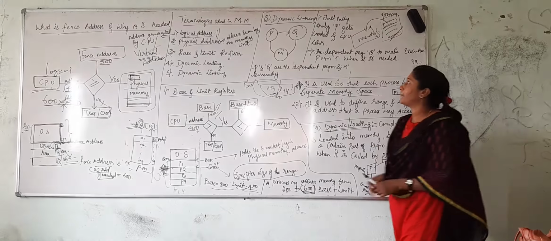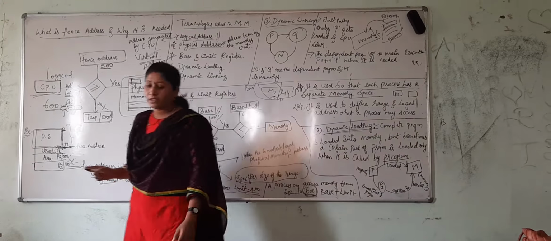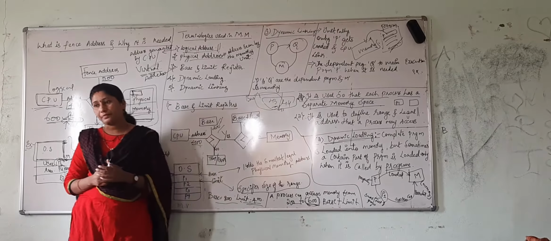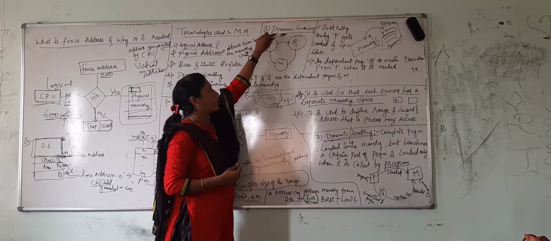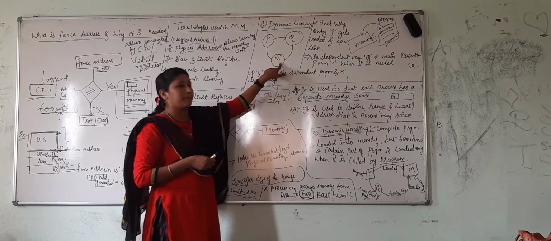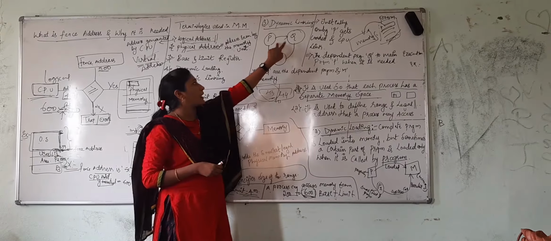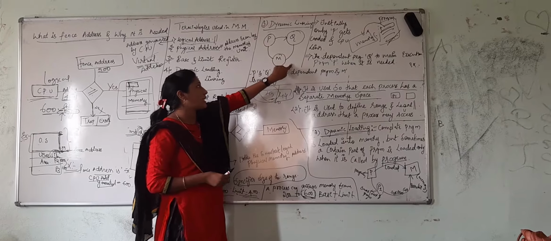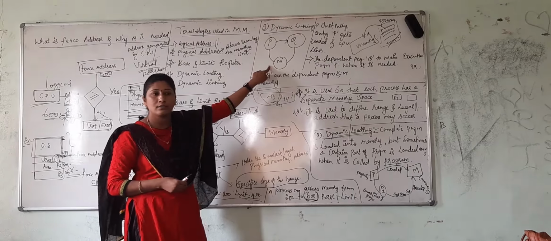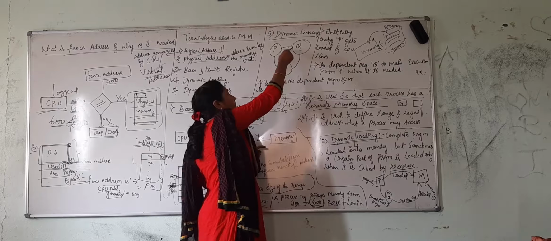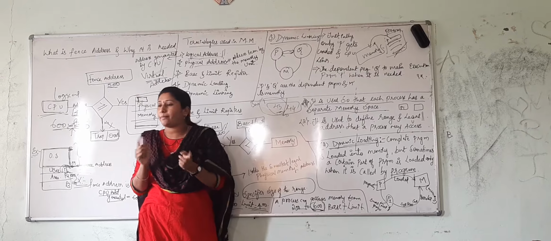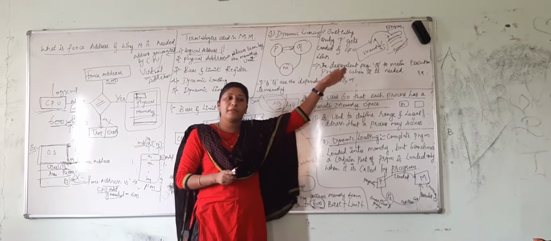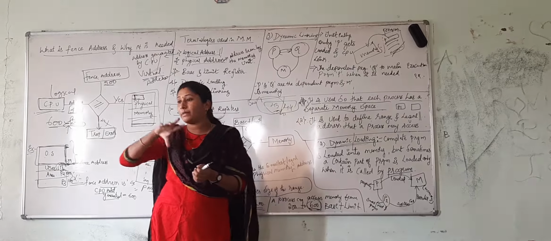Is that clear? Fine. What do you mean by dynamic linking? We have loaded the program, we have executed it. What do you mean by linking here? Dynamic linking is also very simple. Here I have defined P, Q and M. P and Q are two programs. M is nothing but memory. P is given a chance to execute, meaning it is linked and executed. If they are interdependent upon each other, what do we do? One part of the program is in the memory, another part is in the main execution. This is what we call dynamic linking.